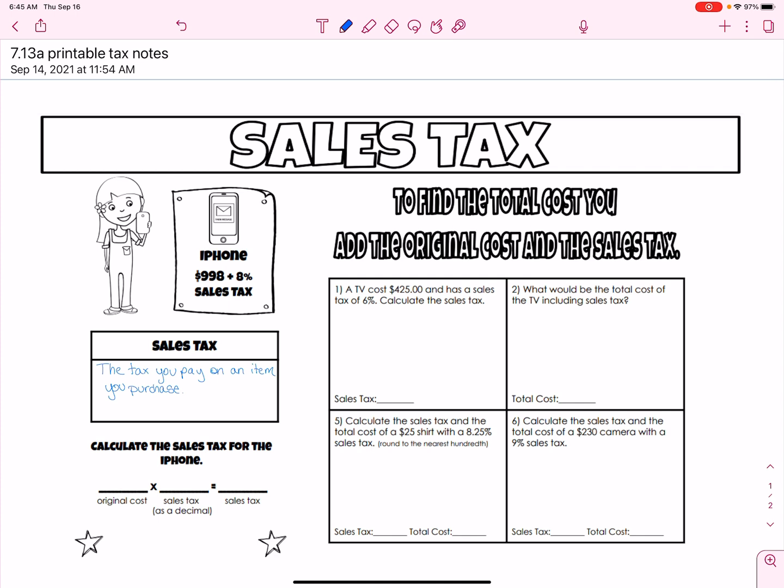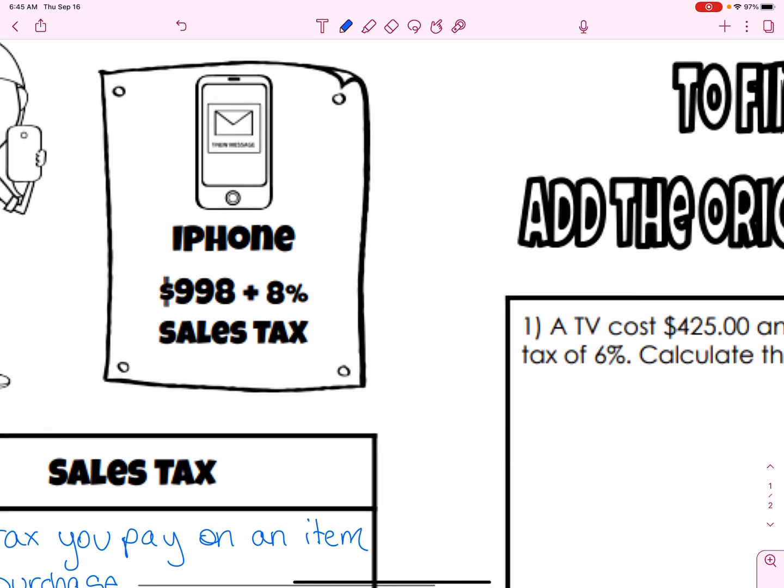So to find sales tax, the very, very most important thing is to understand that our tax rate is always given as a percent, just like here, we have a percent. But we don't calculate it as a percent. We need to turn that percent into a decimal. So percent always means out of 100. So there's two ways we can do that. We can set that percent over 100 and divide,